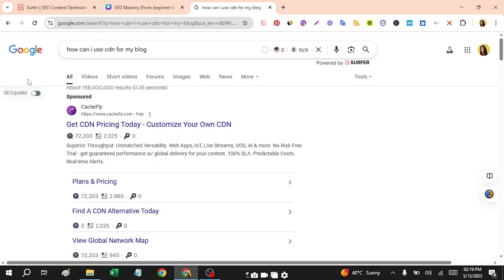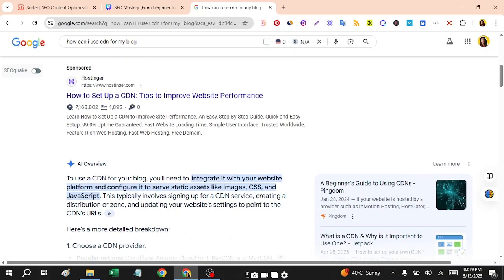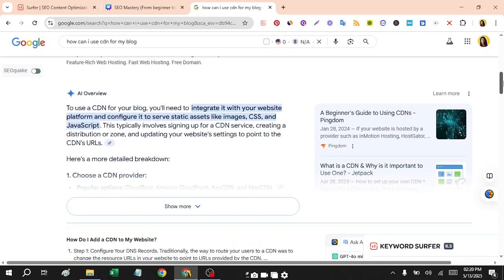If you want to know more about this, like how can I use a CDN for my blog, I just searched this on Google. Here you can see there are lots of CDN companies which provide tips on how to set up a CDN and improve website performance. There are a lot of hosting companies like Hostinger and Namecheap that provide CDN integrated.